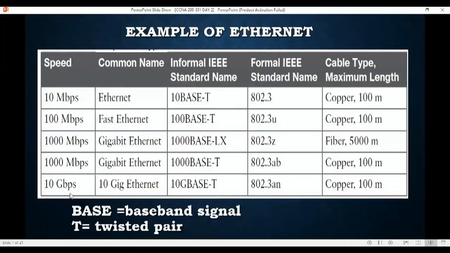We also have another one, 1000 megabits base T. This one is copper. We also have 1000 megabit base TS, which is also fiber, and that one is about 5,000 kilometers, the maximum length. That is what they use to run